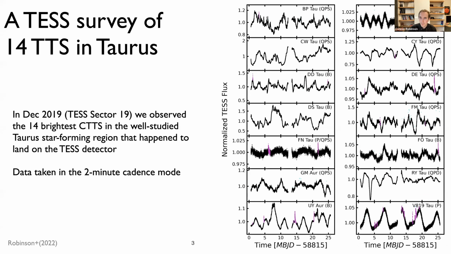But I would urge you to look at the Y scaling on these. In most cases, these are pretty large changes compared to what we would expect for planets. For DD Tau, for example, we're seeing 50% changes on the order of a couple days. The timescales are different than what we would expect for planets. So maybe you could do something like a neural network fit to try to remove this variability, since it is correlated red noise if you're looking for planets. So maybe, but I think it's going to be really difficult.